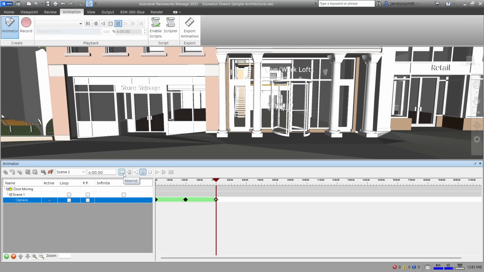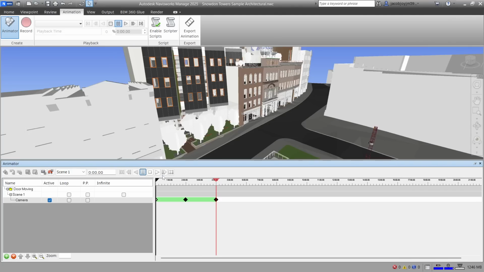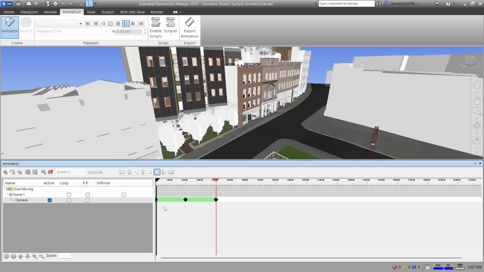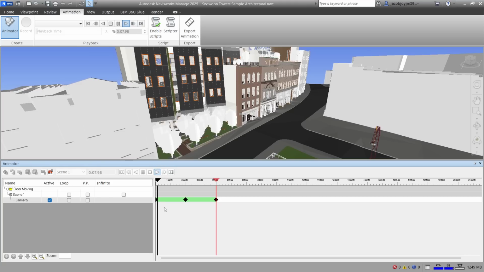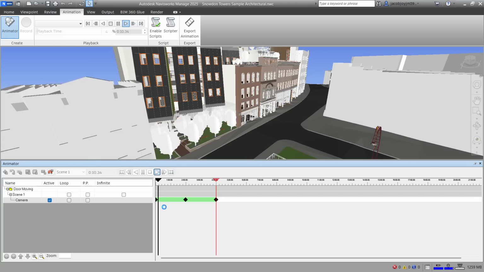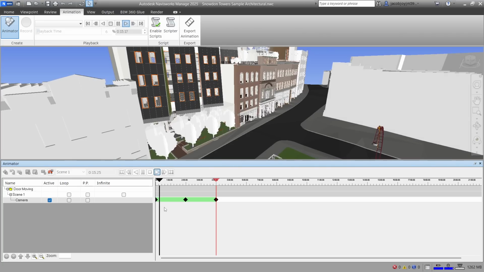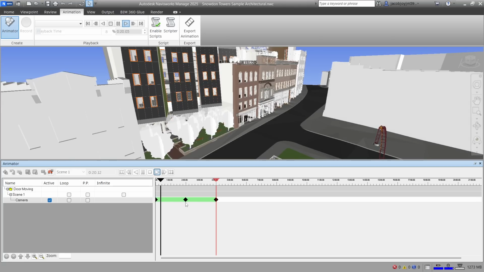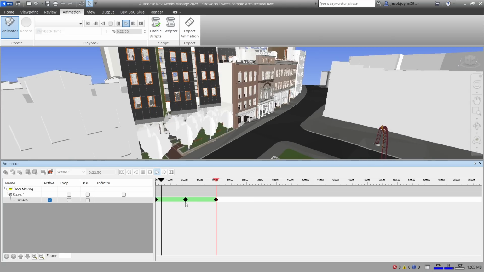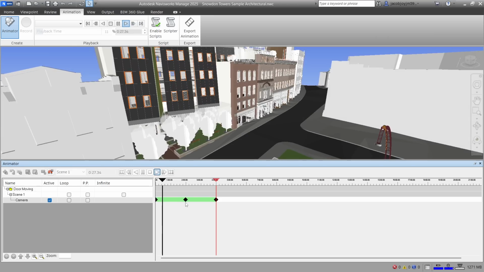I can move to the next keyframe, rewind. You can see here, I can move to the next keyframe and I can play. If I play, you can see here, the camera is moving, and it is going so slow. So this is not 2 seconds, this is 2 minutes. That's why we are going so slow. So I'm going to change the